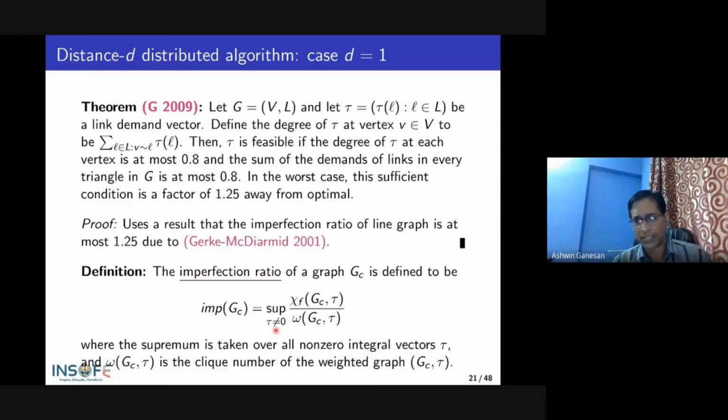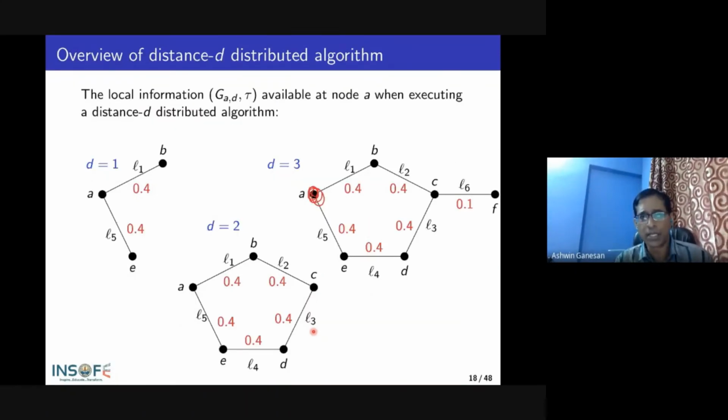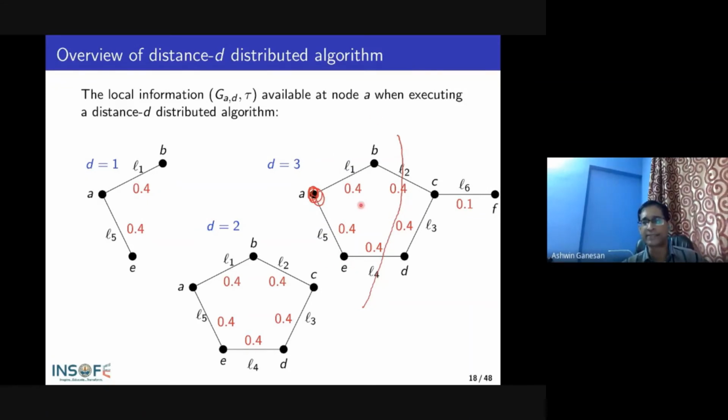And the intuition for how this quantity enters the picture is that in a distributed algorithm, every node has information about its neighborhood. So, if a node only looks at its local neighborhood, let's say that you're looking at the one-hop neighborhood centered at node A, just this graph here, then if you look at all the cliques in the graph, any clique containing A would be a part of its one-hop neighborhood subgraph. So the one-hop neighborhood subgraph centered at A would contain all the cliques and all the triangles. And